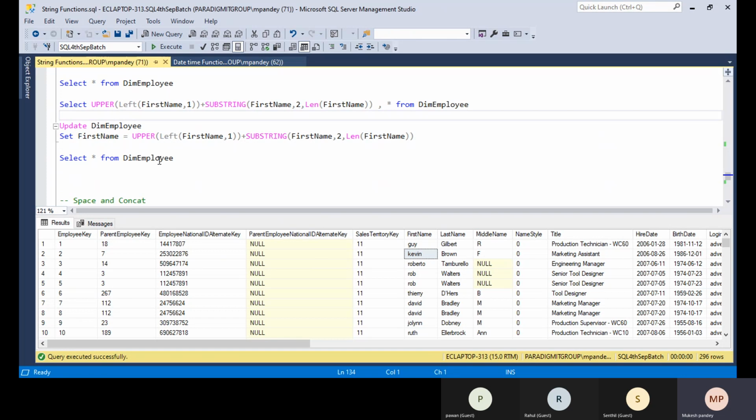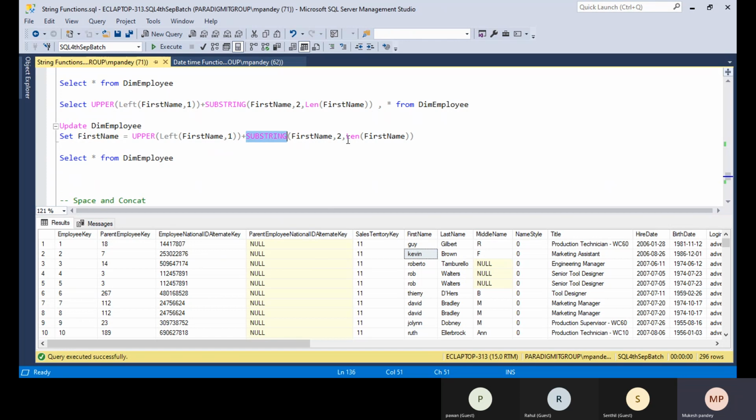To achieve this requirement, you can use update table name, and set first name is equal to upper of the first letter. So I use the left function here, and I put the upper on it. Okay, and I use 1 here. So the first letter like G is the same, and I use the concatenation function, and then I use the substring, and I'm trimming the data from the second character, like the UI.